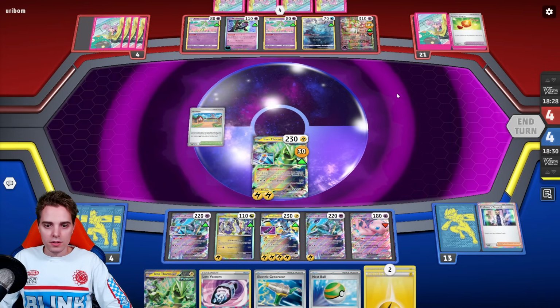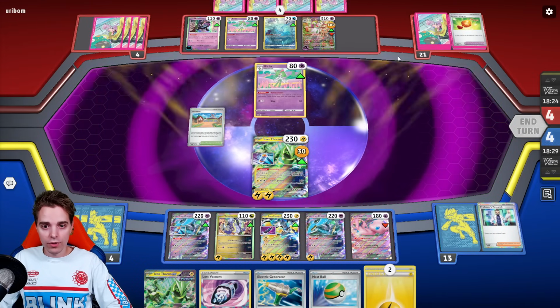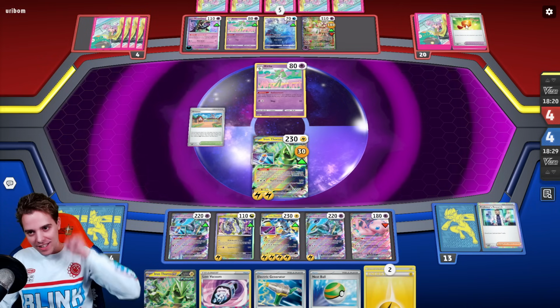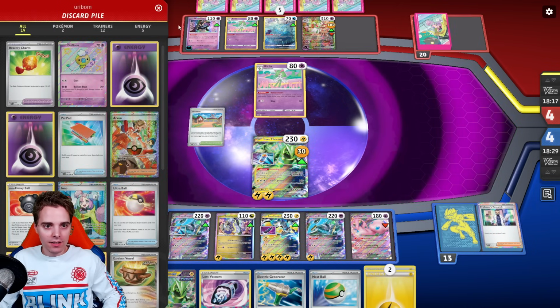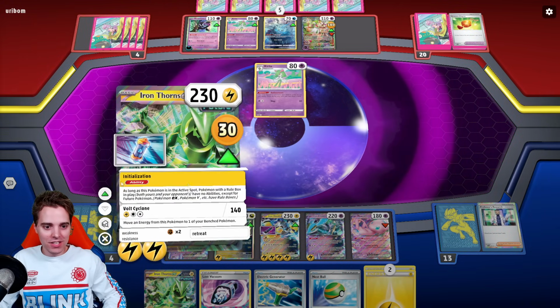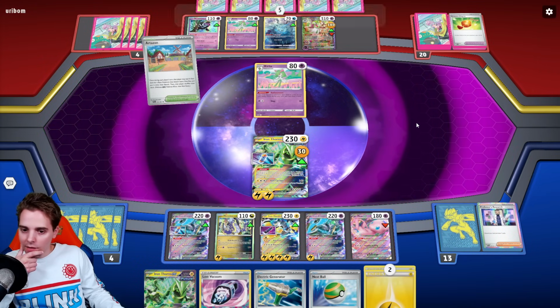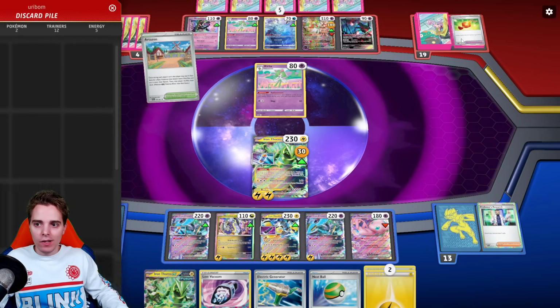Alright, Iron Thorns still here. Gardevoir not being... They promote Curlia with a 2 retreat cost. Let's go. Yeah, that was actually... they didn't know that the initialization ability shut down the entire Gardevoir ability. So if they don't push it out of the active now...